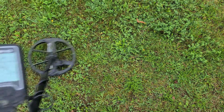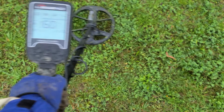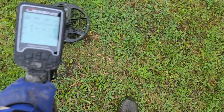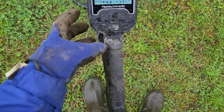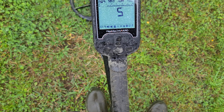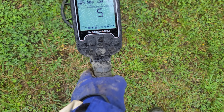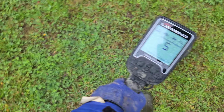It's making all kinds of falsing noises. And I did change frequencies. This is the best that I've been able to get it. We're still using multi-frequency, but I did the scan right here where we can change electromagnetic interference. And I did do that twice. And both times it came up with a different number, but it did not entirely get rid of this